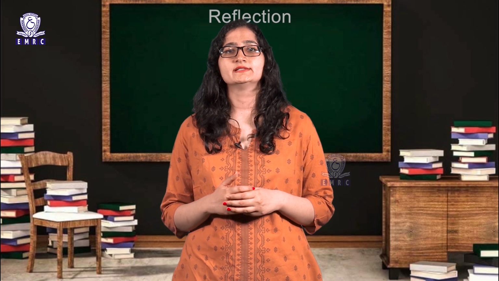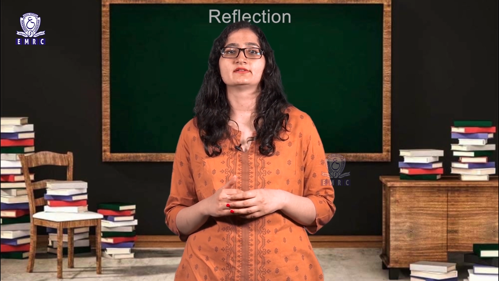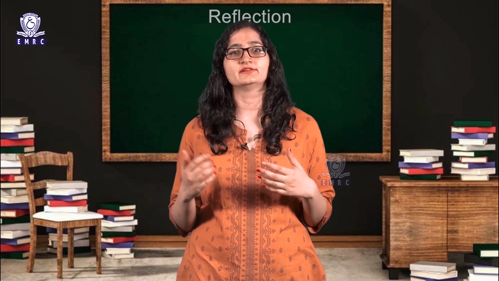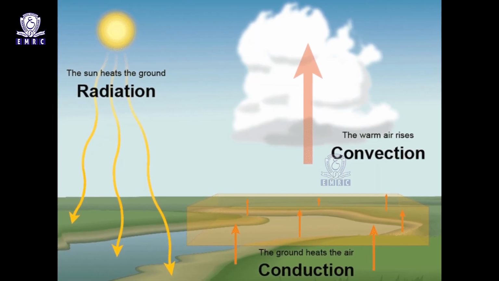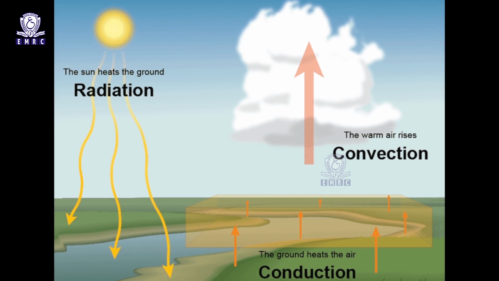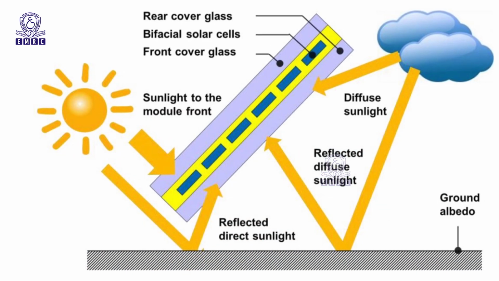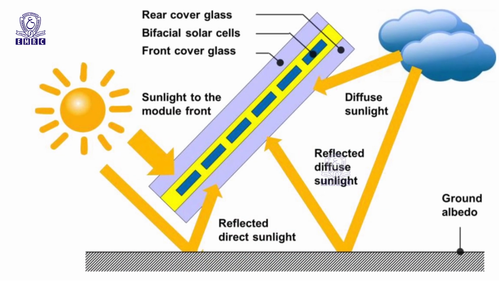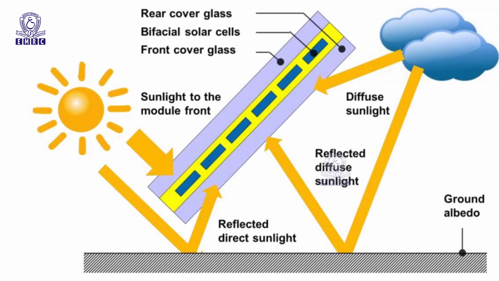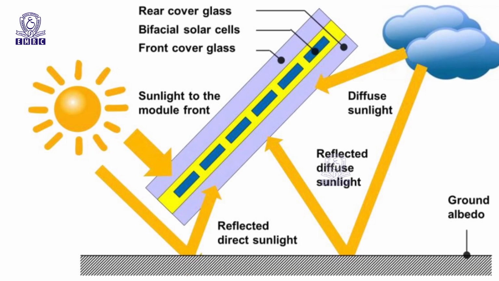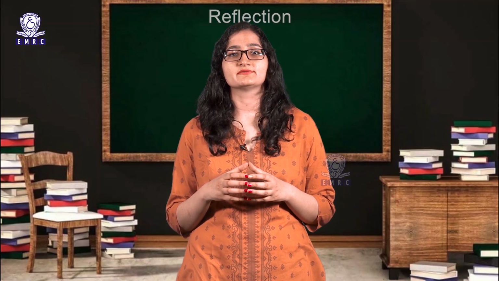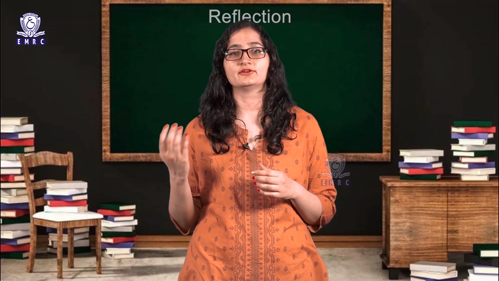A part of the incident radiation falling on any surface is reflected back. It is called the reflected light. Thus, a certain amount of energy is lost and it does not play any role in heating the atmosphere. The reflectivity of a substance, usually expressed as a percentage of the incident radiation reflected, is known as its albedo or the reflection coefficient.